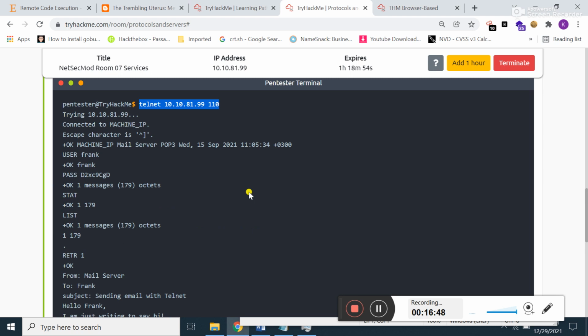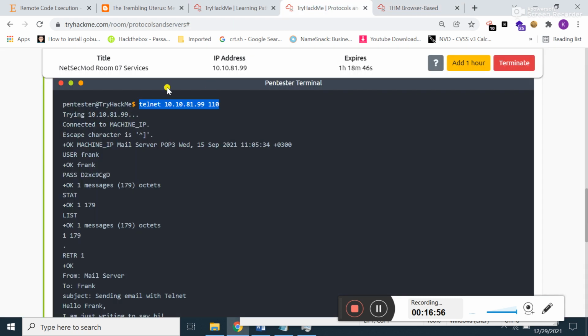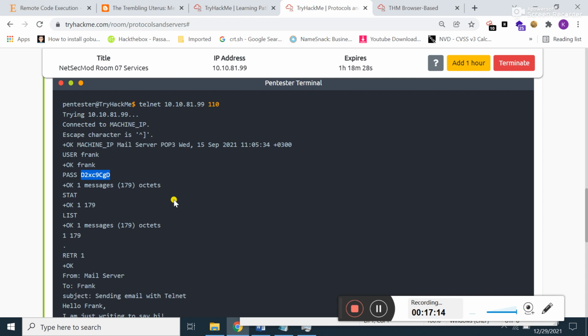Now if I type here user Frank and press enter, a password is required. I'm going to copy this password from here. I think I should specify here pass and then the password, and press enter. See, I'm successfully logged in.